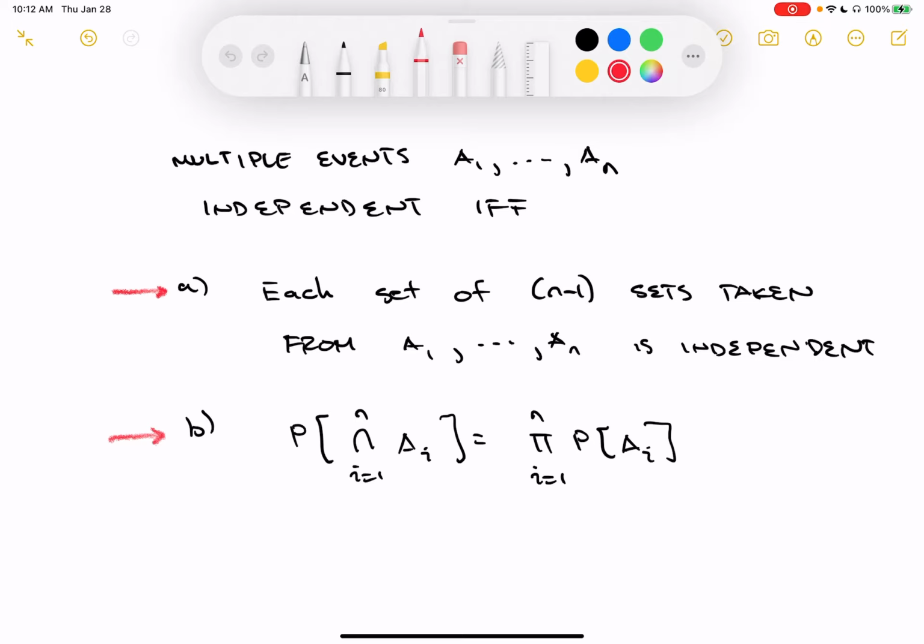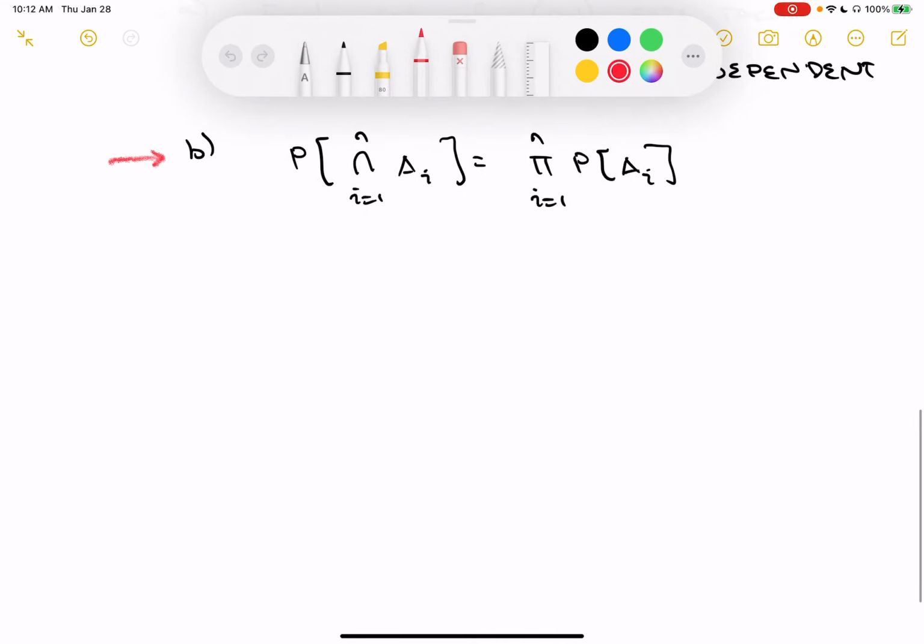So it turns out independence for a large number of objects can sometimes be kind of painful. It can be a little bit tedious to try to show. Let me show this for the next largest size from 2. So let's go ahead and do a very quick example. Let's look at an example of 3 events, A1, A2, and A3. And I'd like to figure out what conditions would be necessary to show that they are independent. So 3 events, A1, A2, A3, are independent